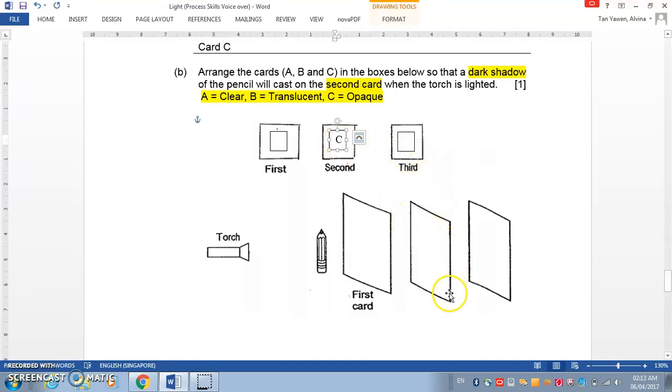So because this has to be an opaque object, the opaque card is card C, hence the second card has to be C. So in order to allow the shadow to pass through the first card and be cast clearly and as a dark shadow on the second card, this first card here should be a clear transparent object, allowing most light to pass through so that the shadow formed by the pencil can be clearly projected on the second card. So since the clear card is card A, the first one should be A. And that naturally leaves us B as the